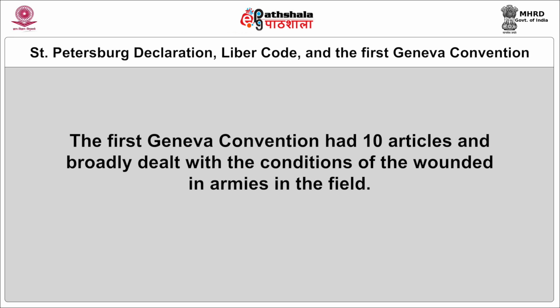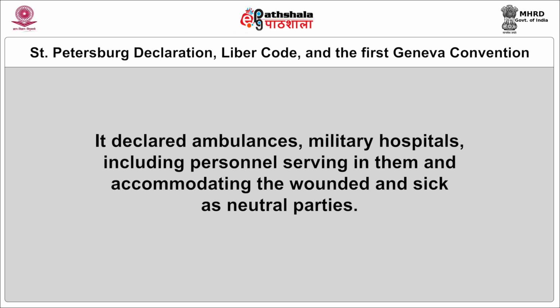The first Geneva Convention had 10 articles and broadly dealt with the conditions of the wounded in armies in the field. It declared ambulances, military hospitals, including personnel serving in them, as well as accommodation for the wounded and the sick, as neutral parties. The convention allowed for these parties to carry on their functions even at the time of war, along with protection to inhabitants who had helped the wounded